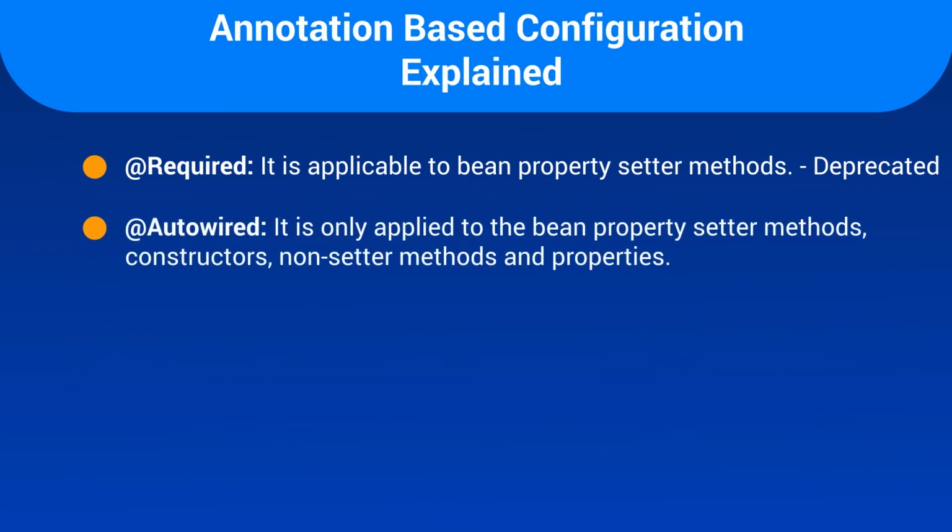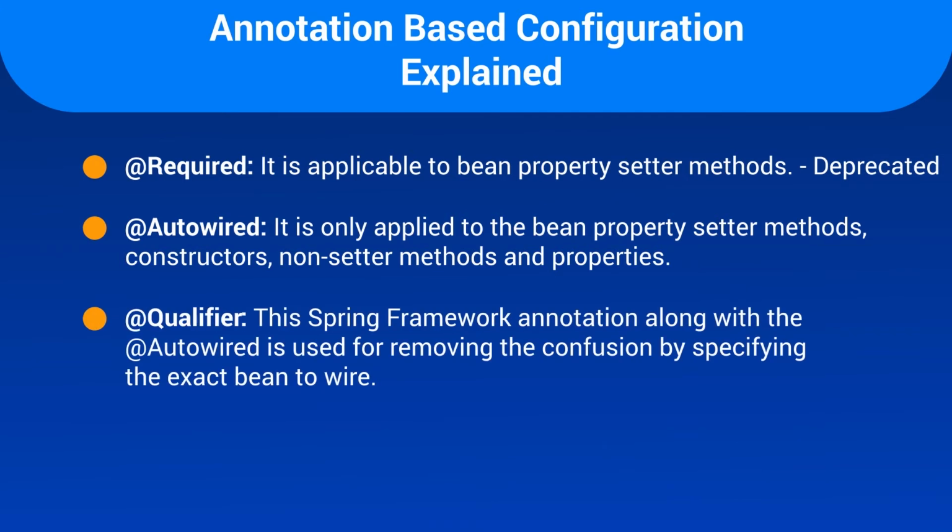Autowired is mainly applied to bean property setter methods, constructors, non-setter methods, and properties, and essentially provides more control over where and how autowiring should be accomplished. Now, qualifier, this annotation, along with autowired, is used for removing the confusion by specifying the exact bean to wire. Sometimes Spring might be confused about which bean to wire, and this is the term you can use to rectify